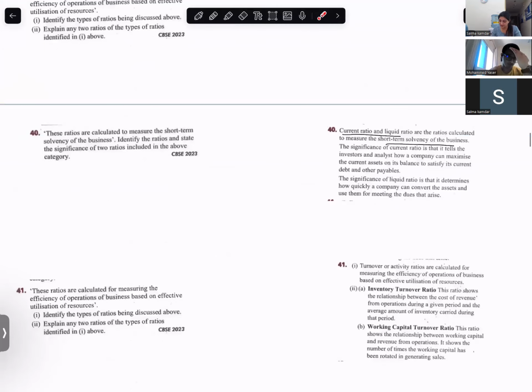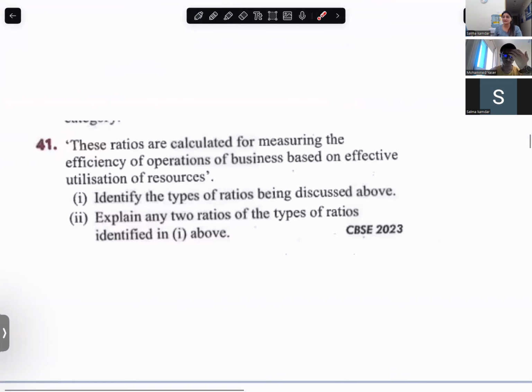Let's go to the next one. Read the question, Yasir. These ratios are calculated for measuring the effectiveness of operation of business based on effective utilization